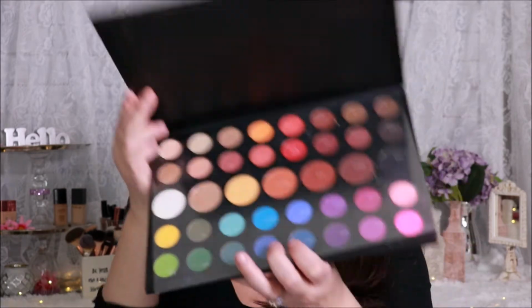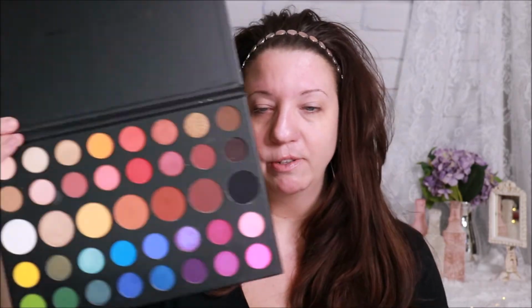And I'm actually kind of excited that this was the winner because I really do love this palette. Here is what the palette looks like. And it does come with a little insert with all the names of the eyeshadows on it. But this palette here, I am so excited, and I think we're going to do a fun little colorful look